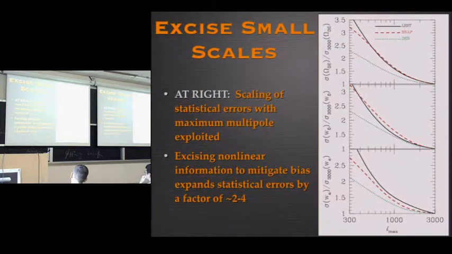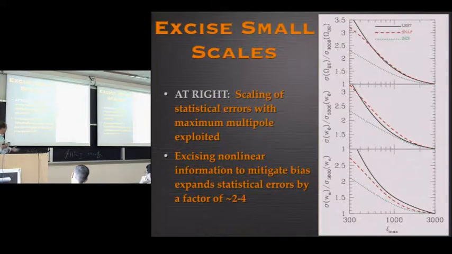Okay? So in other words, compare your error as a function of maximum multipole compared to the error you would get if you used all information out to L of 3,000. That's why they all converge at 1 down there. WA, W0, and omega dark energy. Then you can see that by the time you get to L's of a few hundred, then you've lost a factor of 2 or 3 or something like that in your information. So you're not doing much better than you would do just from the geometrical tests, okay, just from the geometry constraint alone.